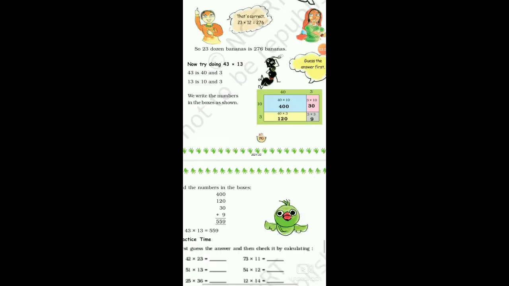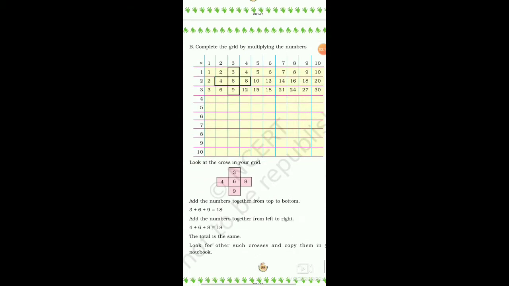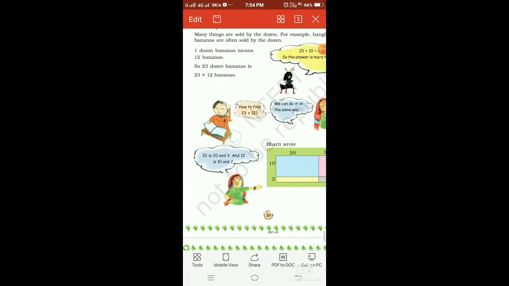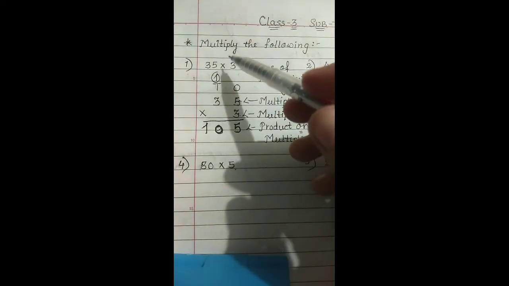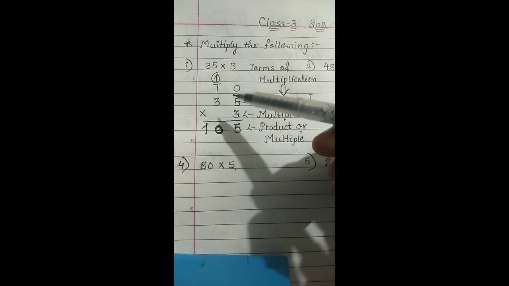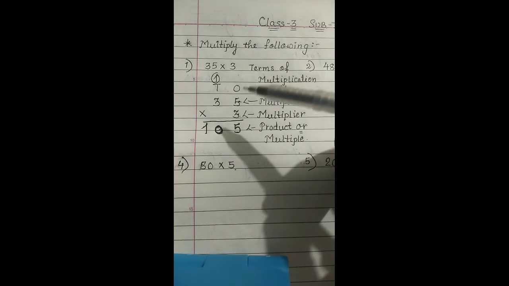I'm also going to cover that sums in notebook. Okay, and I'm also going to teach you number stories also, and I'm going to omit some pages because these pages are not important. Okay students, so let's start the multiplication sums and number stories. Okay students. So students, here we are going to multiply some 2 digit with 1 digit numbers, and then I will teach you 2 digit with 2 digit multiplication also.